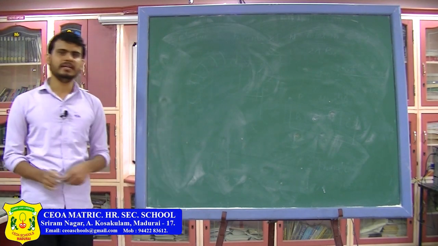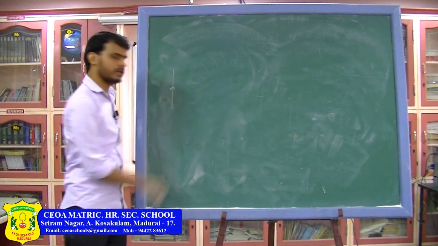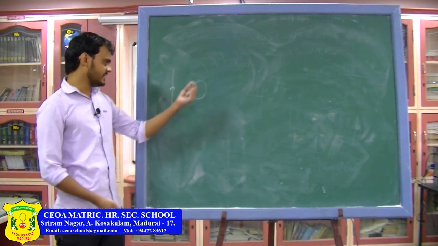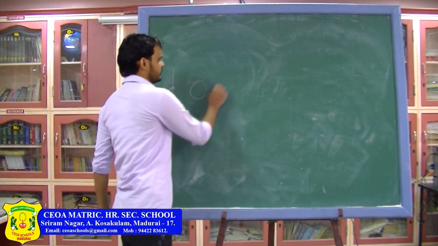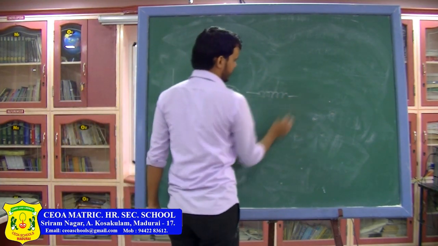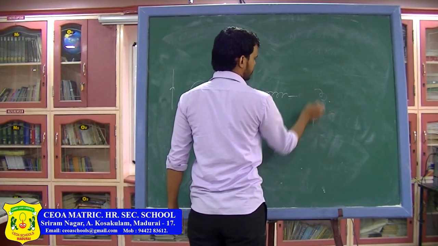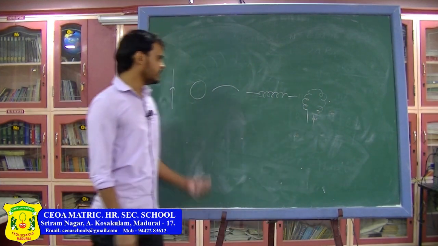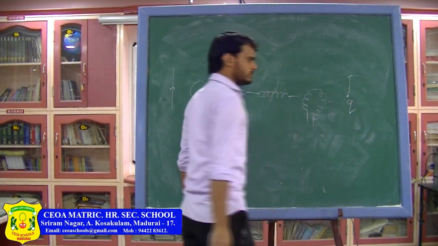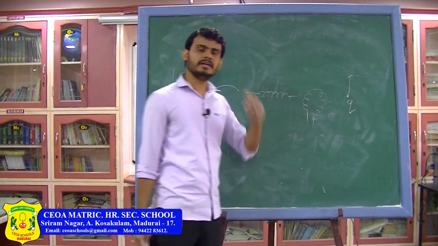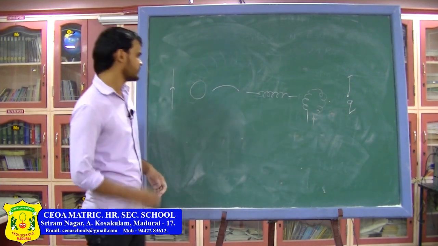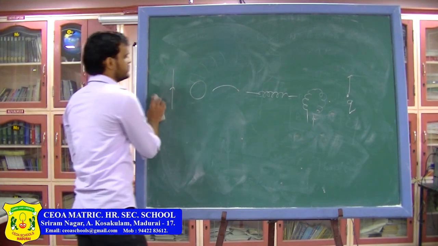So now we have seen the magnetic field due to a straight wire. In that we have done all these special cases. Then we have found out the magnetic field due to a ring on the axis of the ring and at the center of the ring. Then we have found out the magnetic field due to a circular arc. Then we have found out the magnetic field due to a solenoid, and finally the magnetic field due to a toroid. Now the only last thing which you have to find is the magnetic field due to a moving charge, because at the end of the day a moving charge is nothing but a current. So we are going to find the magnetic field due to a moving charge. So our next heading will be magnetic field due to a moving charge.